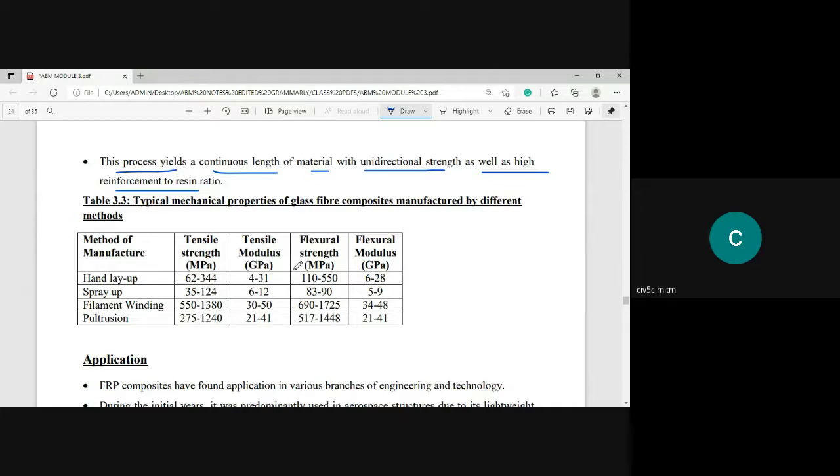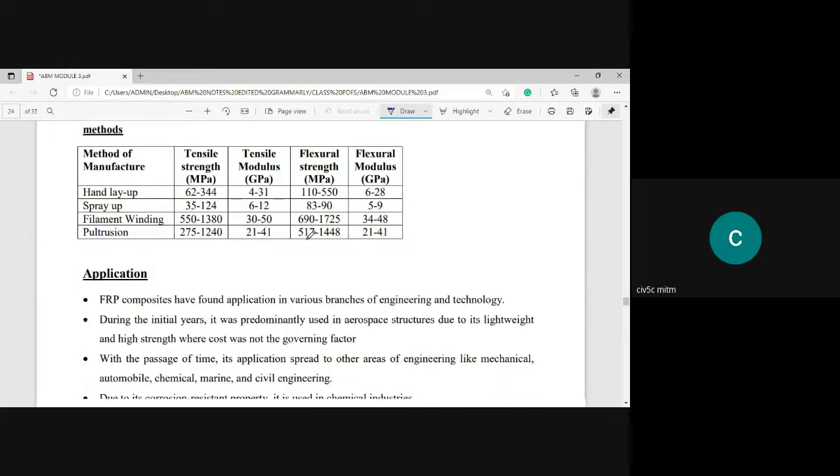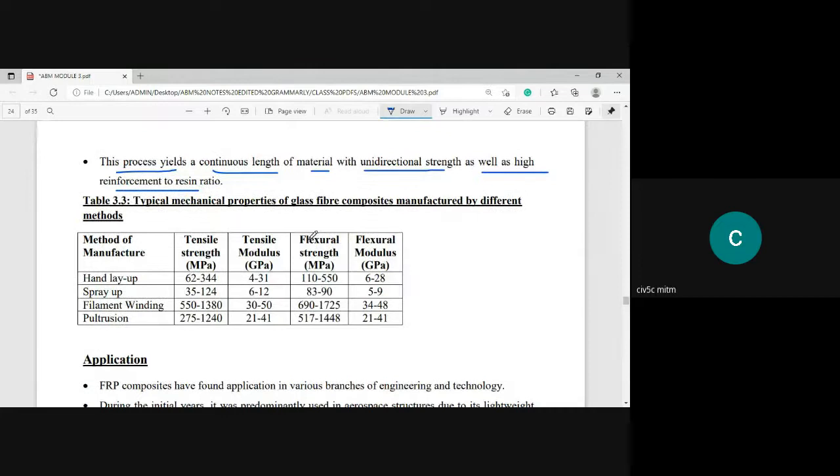And nowadays, whatever FRP laminates they are preparing or manufacturing, they are using carbon fibers more rather than glass fibers. If you use carbon fibers to produce an FRP laminate, automatically you will get better mechanical properties compared to the glass fiber. Did you get my point? So this is regarding your manufacturing process.